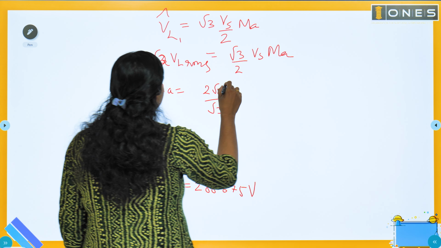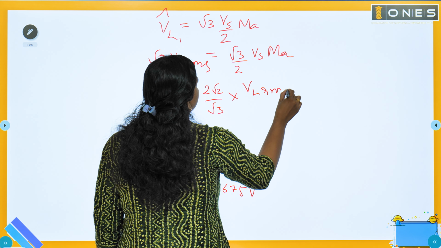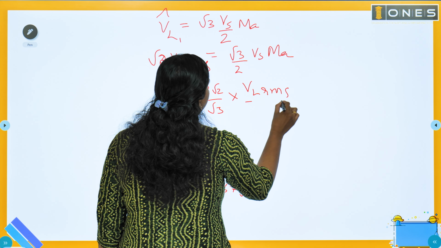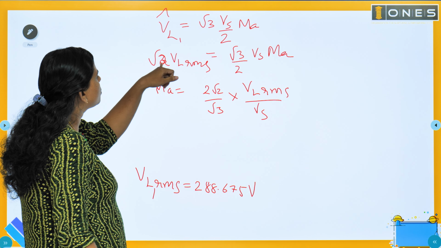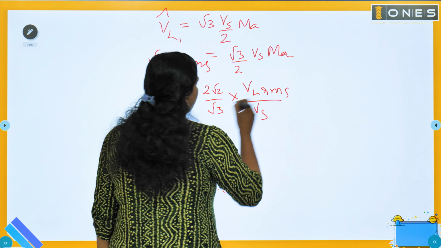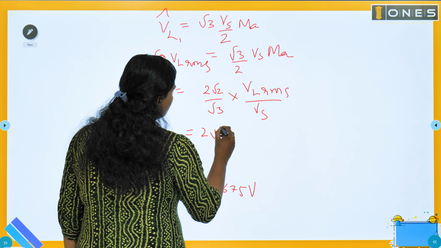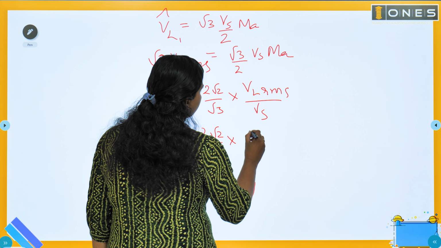2 root 2 VL RMS by root 3 by VS. അല്ലേ, ഒന്ന് റീഅറേഞ്ച് ചെയ്തതാണ് MA എന്ന് പറയുന്നത്. ഈ 2 ഇങ്ങോട്ട് പോകും, 2 root 2 VL RMS ഡിവൈഡഡ് ബൈ root 3 VS. അപ്പോൾ വാല്യൂസ് സബ്സ്റ്റിറ്റ്യൂട്ട് ചെയ്യുക, 2 root 2 by root 3 ഇൻറ്റു VL RMS. നമുക്കിപ്പോൾ കിട്ടി